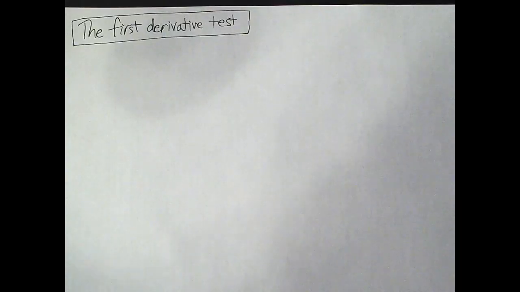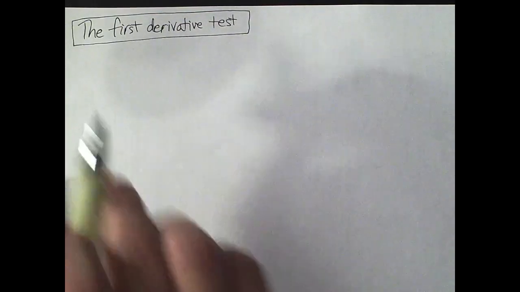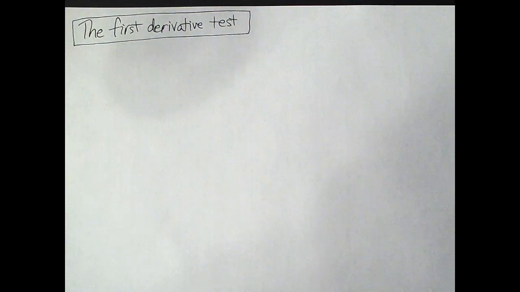It's called the first derivative test because we're going to use the first derivative to help us figure out what a function looks like. Maxima, minima, and some other things. Okay, so let's go ahead and see what we can do. All right, so this is called the first derivative test. And you might be wondering, does that mean there are going to be other derivative tests? Well, basically, this lesson is about